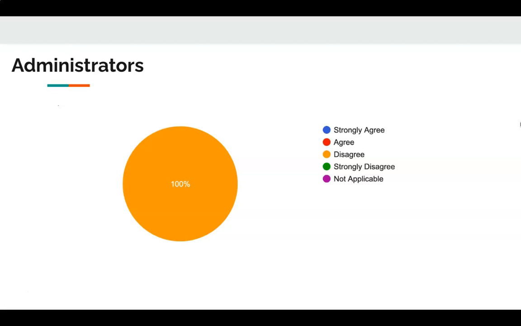Administrators, 100% of them disagree that there is enough support and adequate training for the educators meeting the needs of ELL students in their classrooms. And I think that this was, you don't want to see that there's a lack of support, but whenever we see that our administrators and teachers are predominantly on the same page with their responses to this question, I think that we can see that there's going to be a good partnership there of moving forward to make improvements that are needed with the program.